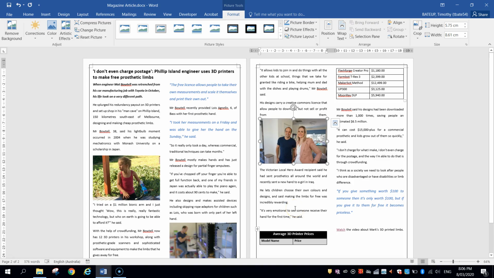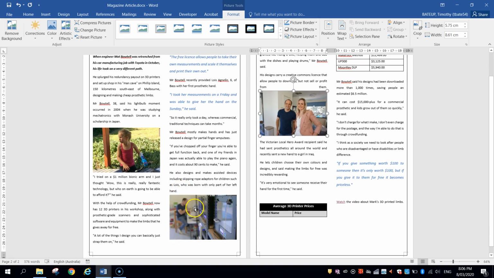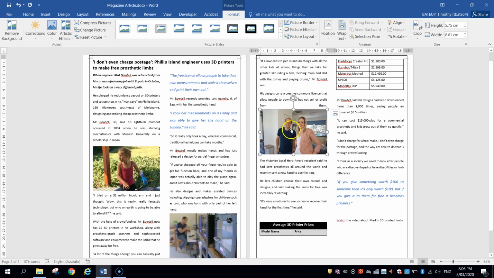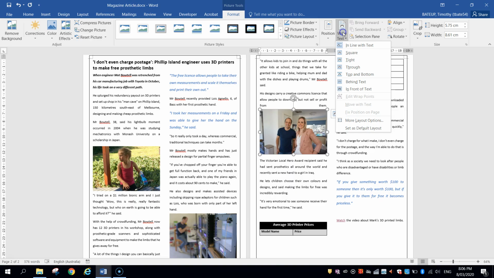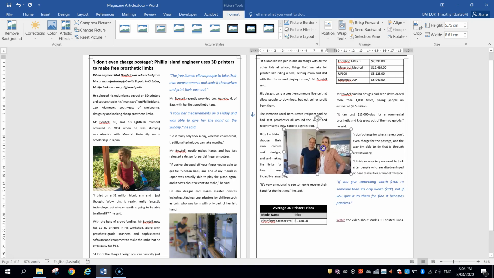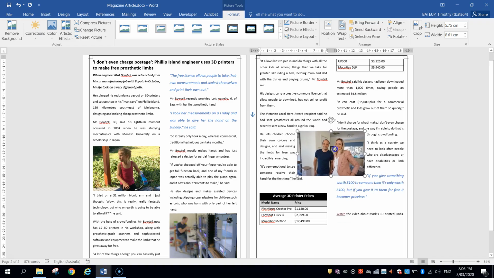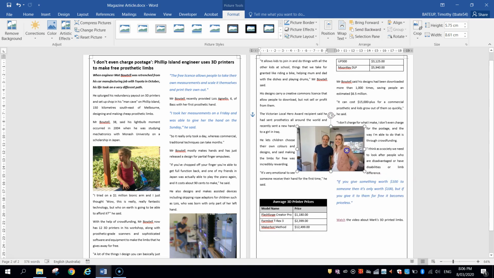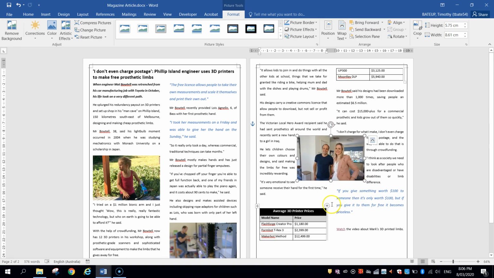So I want you to move them around into some sort of logical order. You don't want them all sitting right next to each other on the one page, so spread them out across the 2 pages. I think the first page looks pretty good, and this second page, what I'm going to do actually, with this picture, go up to the Format tab at the top of your page under the Picture Tools, and select Wrap Text. And instead of having it in line with text, I want you to select Tight. What that's going to do is allow us to pick the picture up and move it anywhere on the page, and the text will simply wrap around that picture. So I might put it right in the middle of the column there. Okay, and now the words will simply just wrap around that picture.